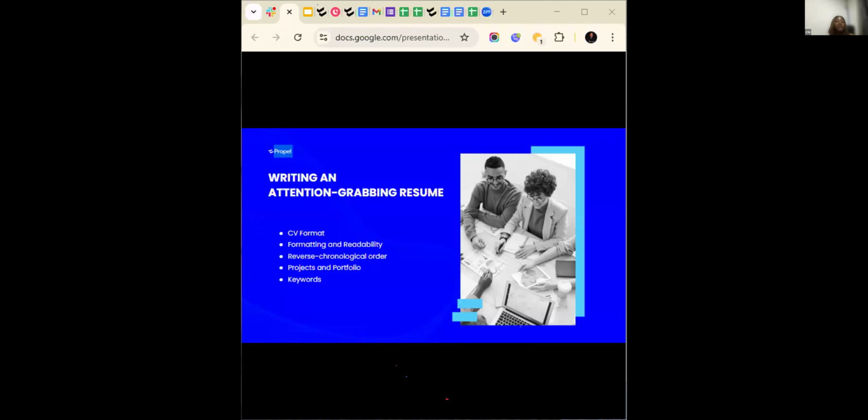Now, what do you do? If you're confused about what keywords you should use in your CV, I believe that by now, whatever role or career path you're in, you should already know the keywords that are very important. If you are still confused, go back to the job description of the job you're applying for. Just look at what you have in the job description. Look for the keywords that resonate with your skills and ensure they all appear in your CV.